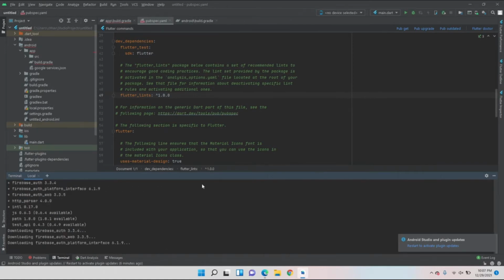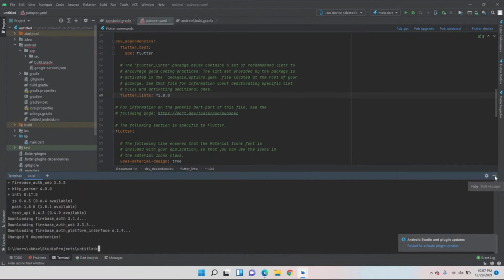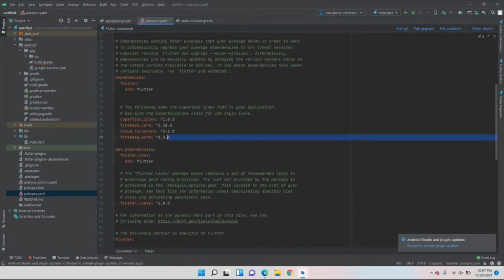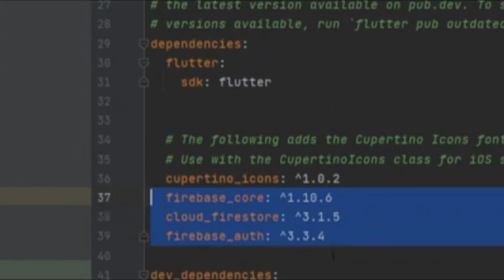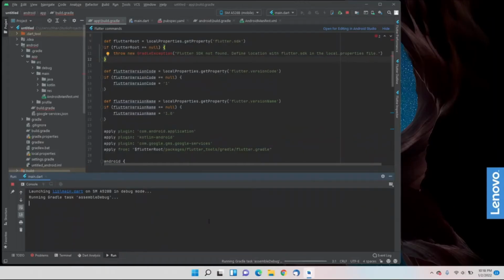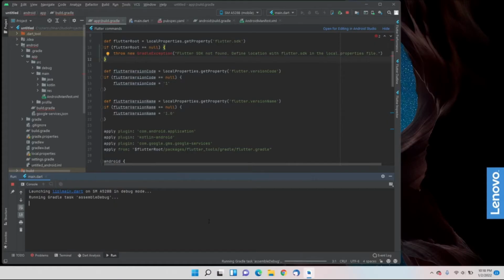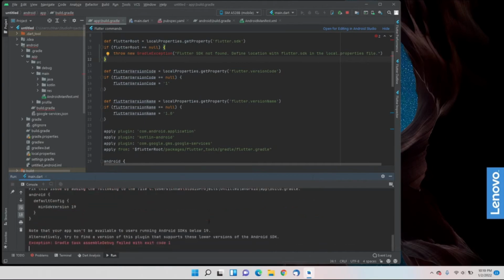It may take a couple of minutes if the PC is slow. Normally it does not. And that's it. We'll close the terminal, and you can see that all of the three main packages are here: Firebase core, Cloud Firestore, and the auth one. Now, since all of the work is done, one thing we have to make sure is to run the app. If your app runs without any errors, then that's great. It means that your Firebase is added.